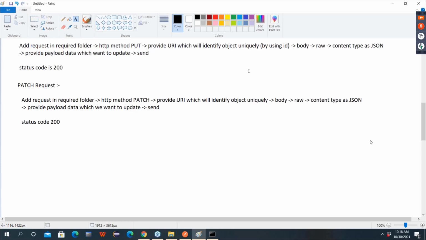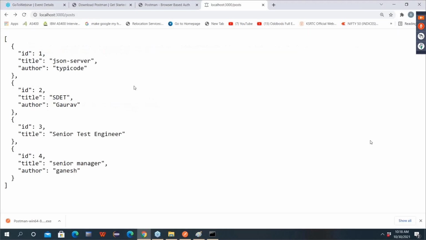Okay. So now guys, I guess the last operation is left out. Get done, post done, put done, patch done. Now delete. If I use delete, let's say I want to delete, then do you think I will delete everything in an API? No. We need to delete a particular object.